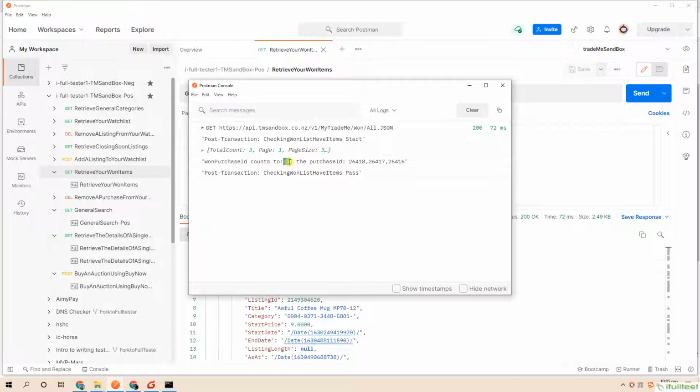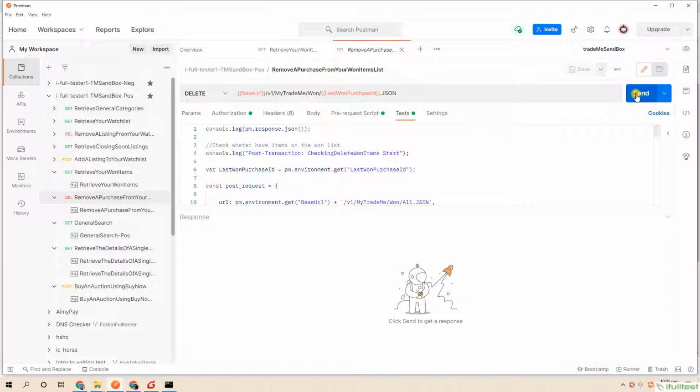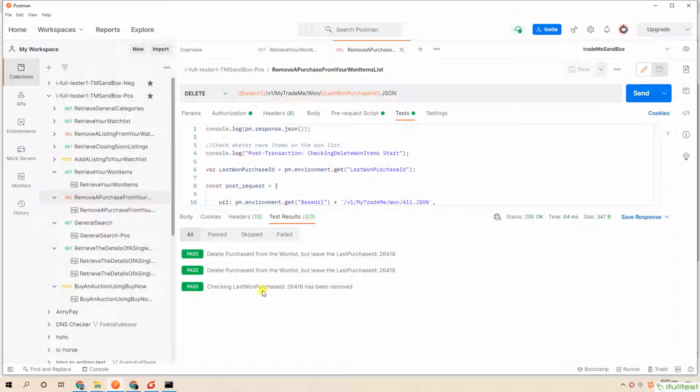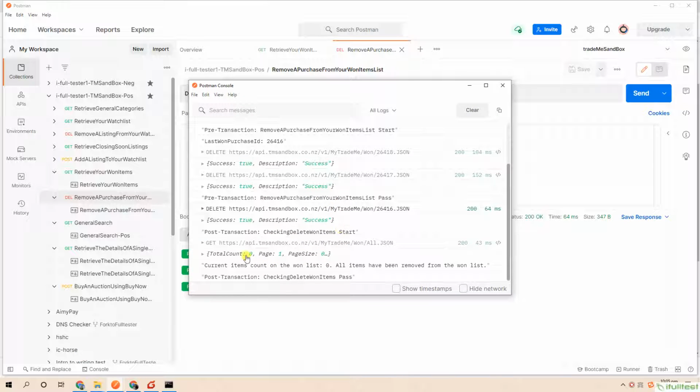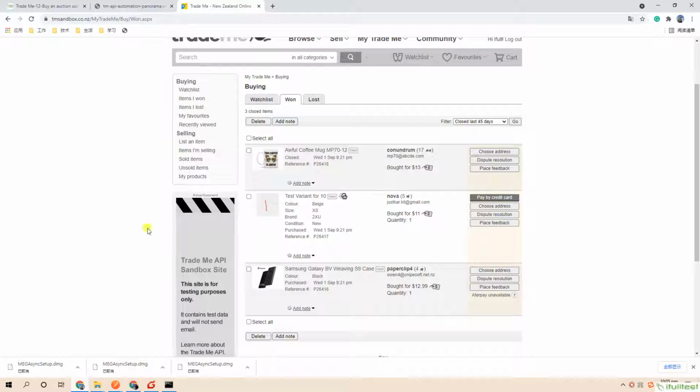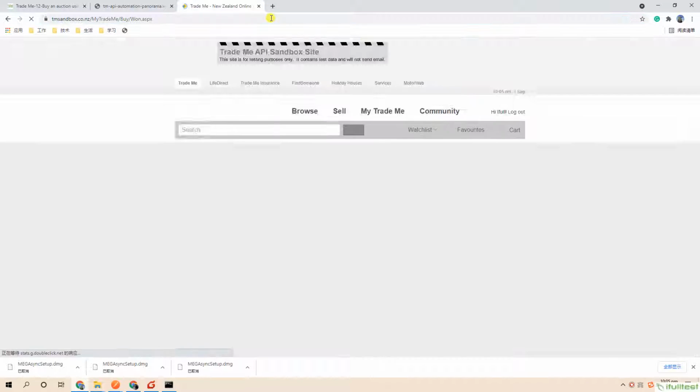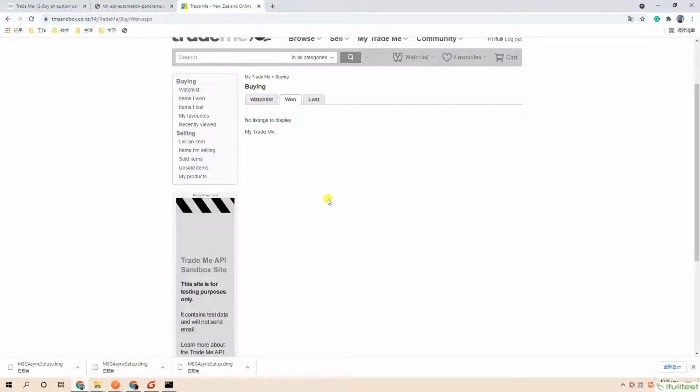Run the second API. We removed all the items on the 1 items list. Run the third API and fourth API.